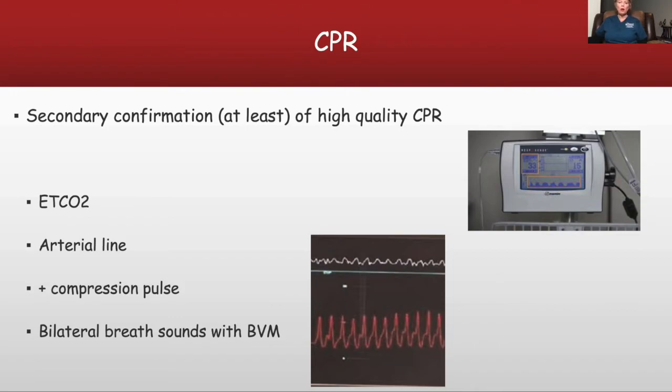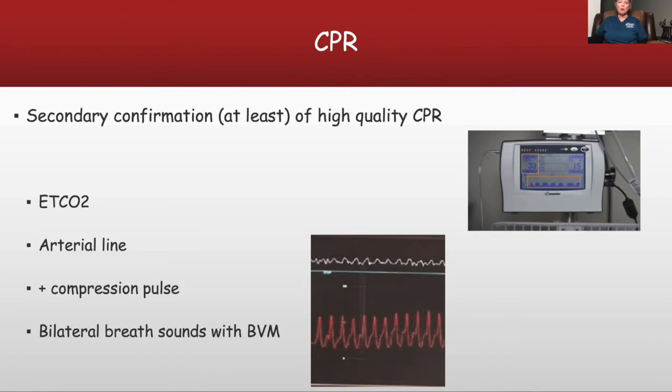Initially, you may walk in a room and see a patient who is gasping and unresponsive. You check a pulse, there's no pulse. You call for help and you start CPR. You're doing high quality CPR, and when the first person comes in, they may start bagging for you. The second person that comes in, they may be getting the monitor and defib for you. The third person that comes in, they may be getting ready to get a line and meds. As soon as you have enough people,